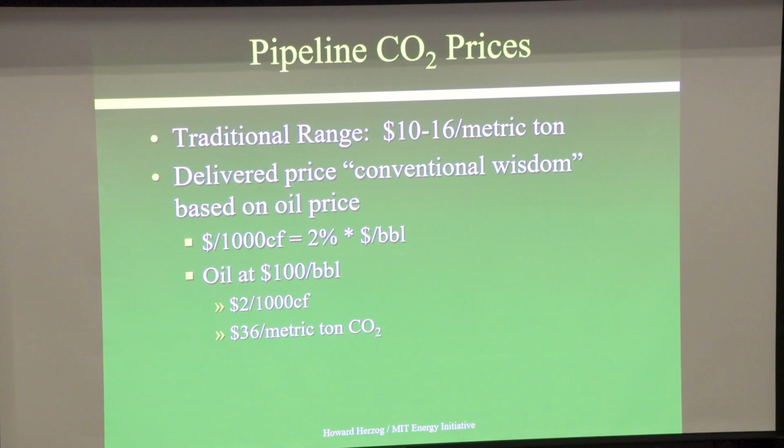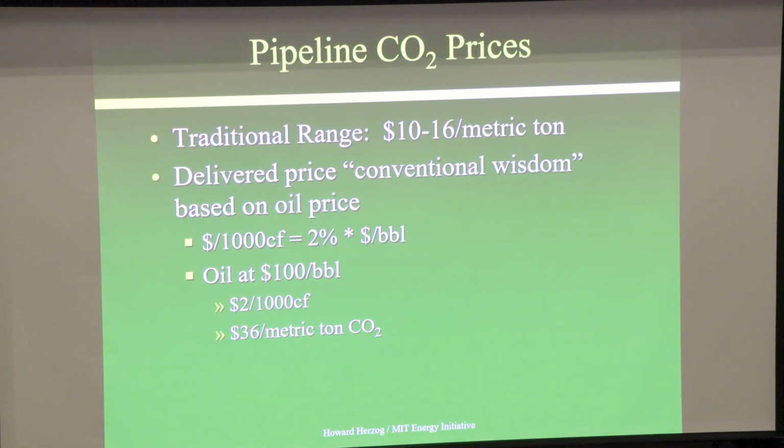If you go into the literature, people back-calculate: if you're using this to get enhanced oil, obviously if the oil price is higher, you can pay more for the CO2, and they have this formula: dollars per 1,000 cubic feet of CO2 is 2% times the dollars per barrel. So if we have $100 a barrel oil, it's $2 per 1,000 cubic feet,